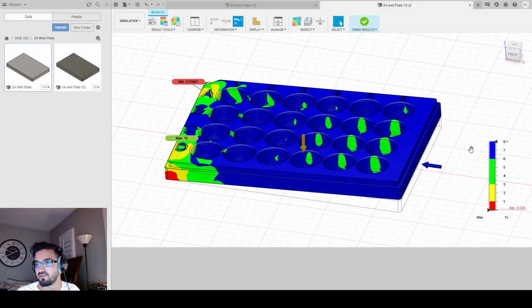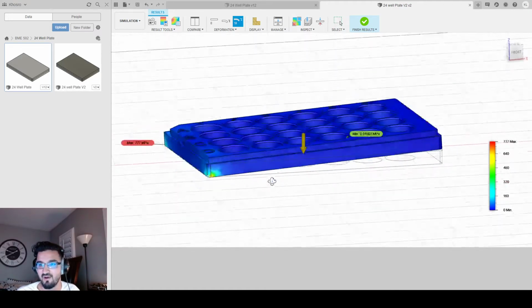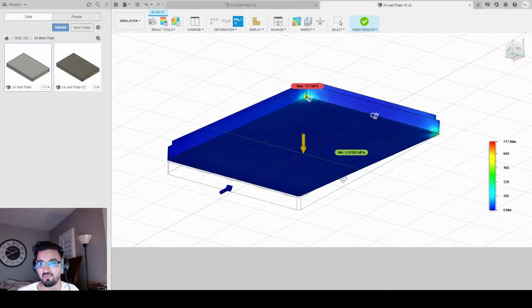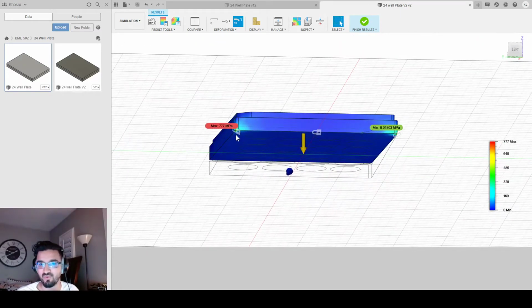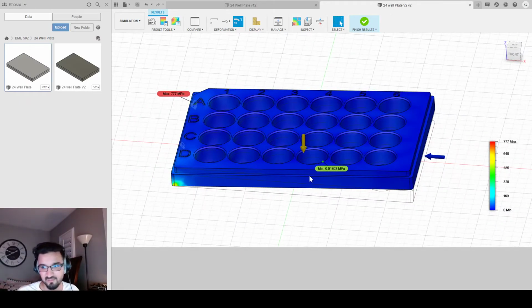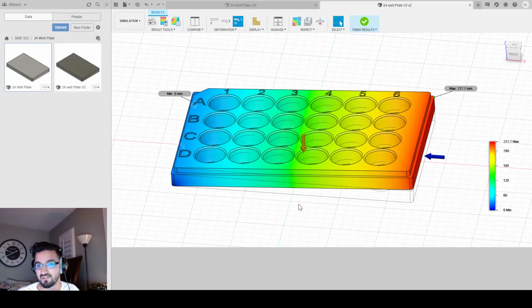Now, this is the safety factors. If I want to see the stress, all my stress is at the points where I held the plate down, right? So these corners here where I've held the plate down, that's where all the stress is going to be because I told it that's where it's not going to move. So if I apply a force here, that's essentially 1,000 pounds of force. That's essentially what's going to happen. It's going to lift my plate and kind of bend it, right? So if I look at displacement, the whole thing moves. If I do this, it's going to bend my plate up,